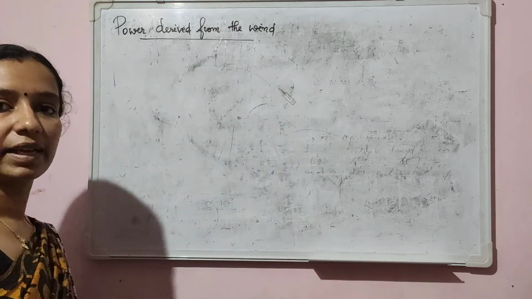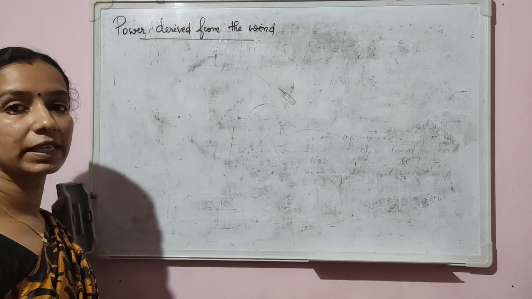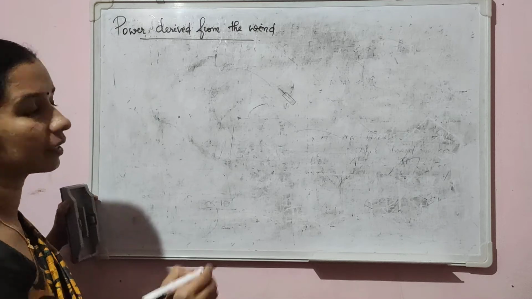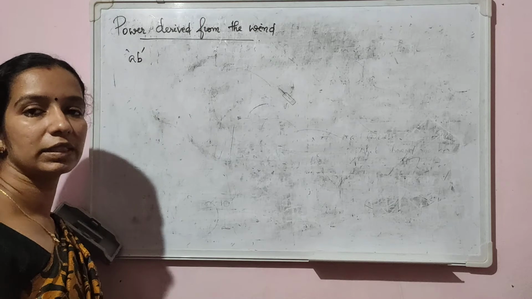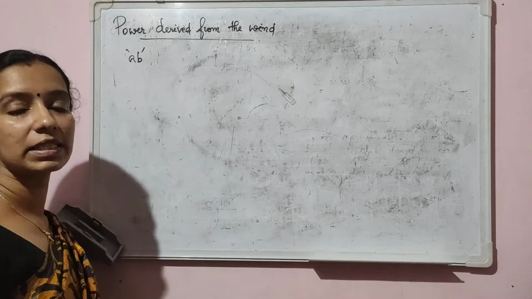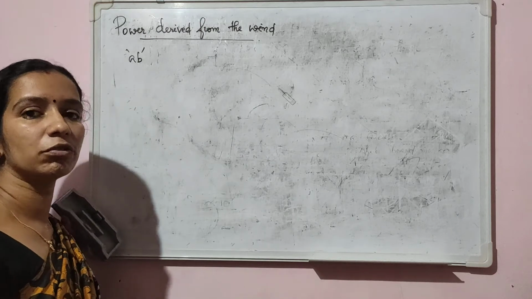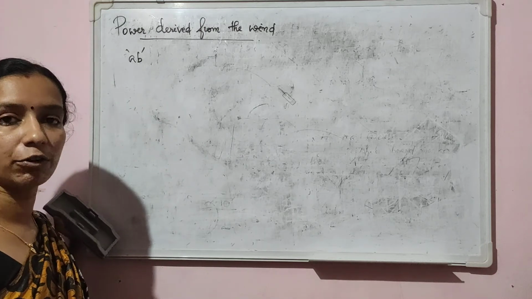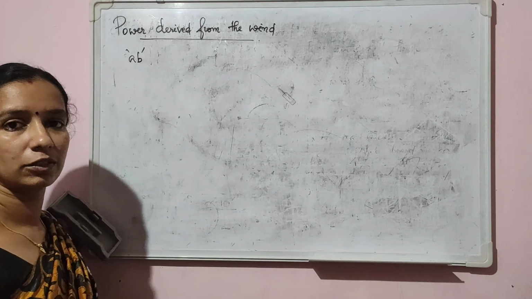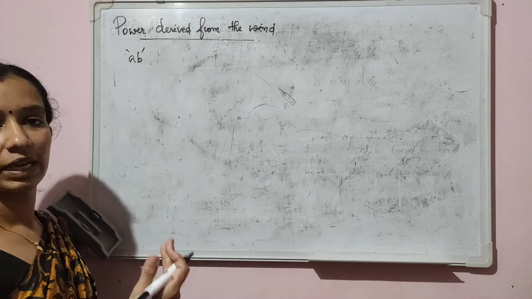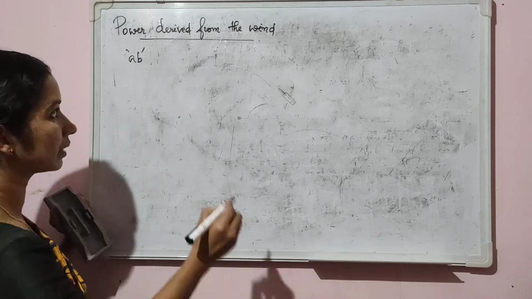So for deriving the equation, consider a horizontal axis wind turbine having a thickness AB for the turbine wheel. The turbine rotor is having a thickness AB. So now I am going to draw the variation of pressure and velocity of the wind as it is moving through the wind turbine. So velocity and pressure of the wind at the incoming side as well as on the outgoing side. So let us draw it.